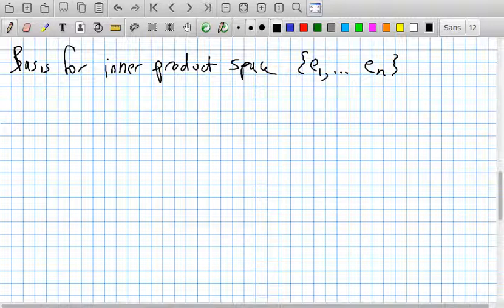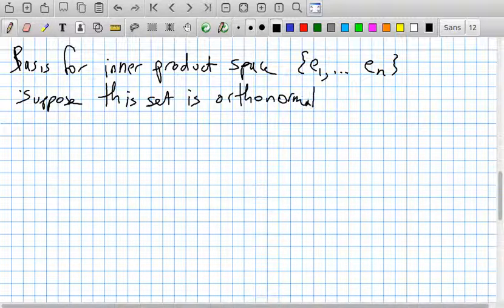Now suppose this set is orthonormal, which means, of course, that their inner products are all zeros, etc. Well, then what we want to do is write f equal to some ai's ei, 1 to n. And of course, the way we found this is the general Fourier trick. Inner product everything in sight.